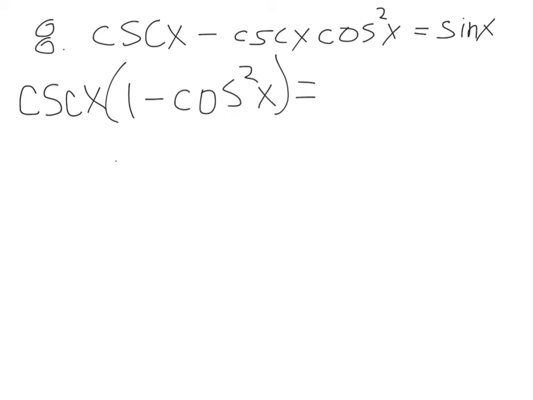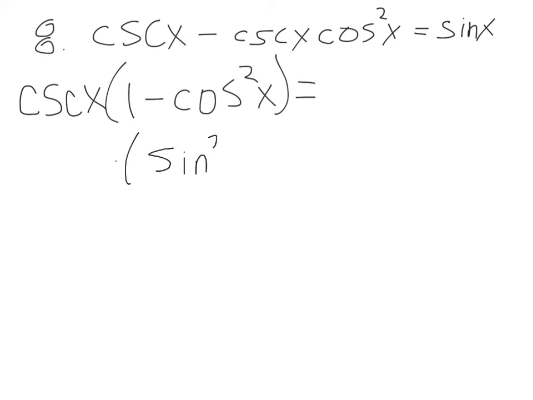And I look at that and I go, okay, now I have a cosecant x times 1 minus cos squared. So I did an algebra skill, factoring. And now I'm going to look at this in terms of my trig, because there's not really any other algebra that I could do here. I could redistribute the cosecant x, but that just gets me back to where I was. So now I'm going to look to my trig skills, and I see it's 1 minus cos squared, and we've seen that before. Anytime you see that variable term squared, you want to think Pythagorean identities,